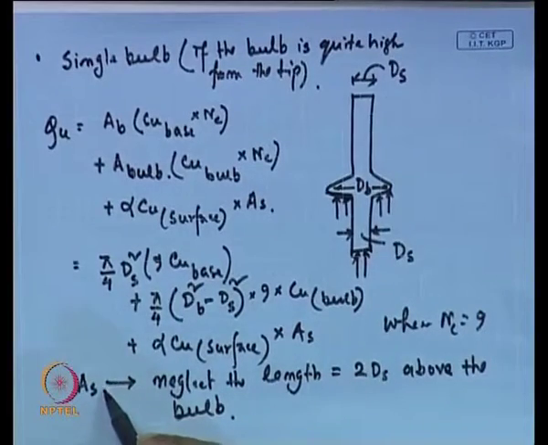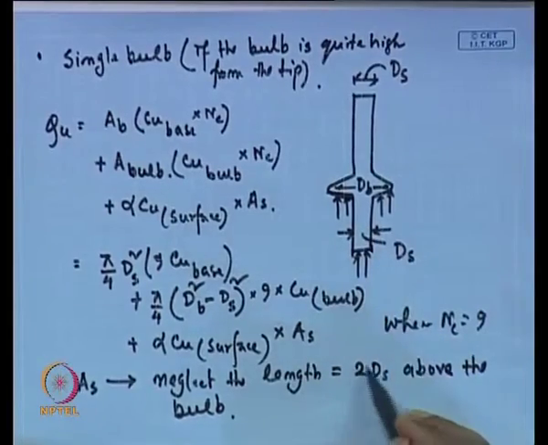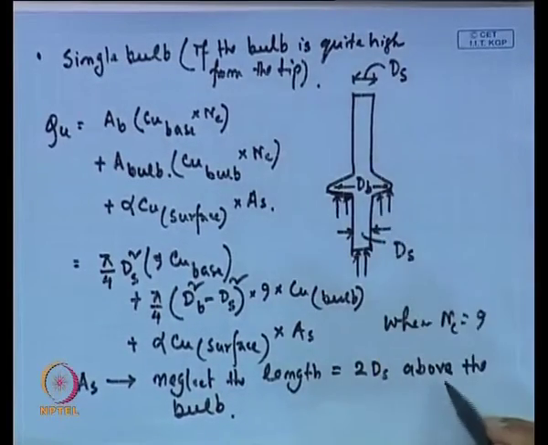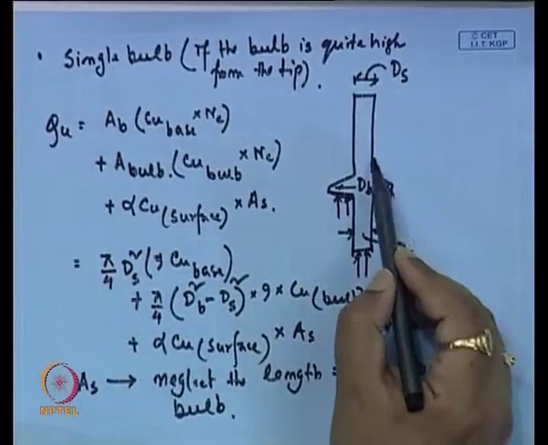That means when you calculate As, we neglect 2 times the shaft diameter above the length of the bulb, that portion is neglected, because the reason is that during the settlement of